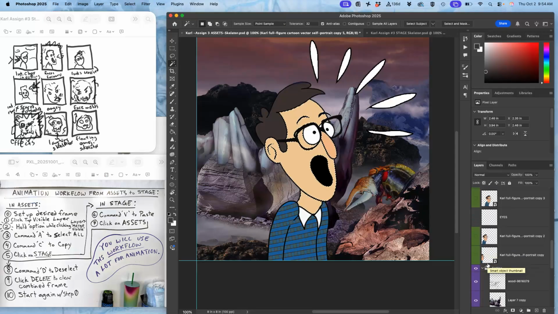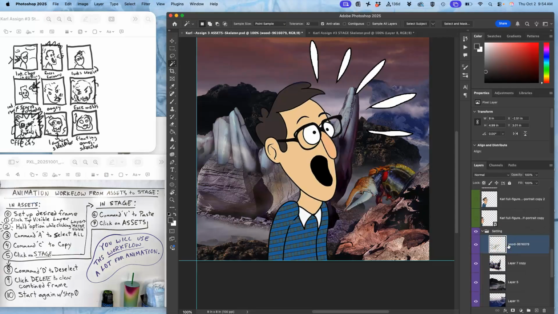And what's next? The mist. The mist is almost all the way off screen, and once it's off screen, whoops. Gotta use the move tool